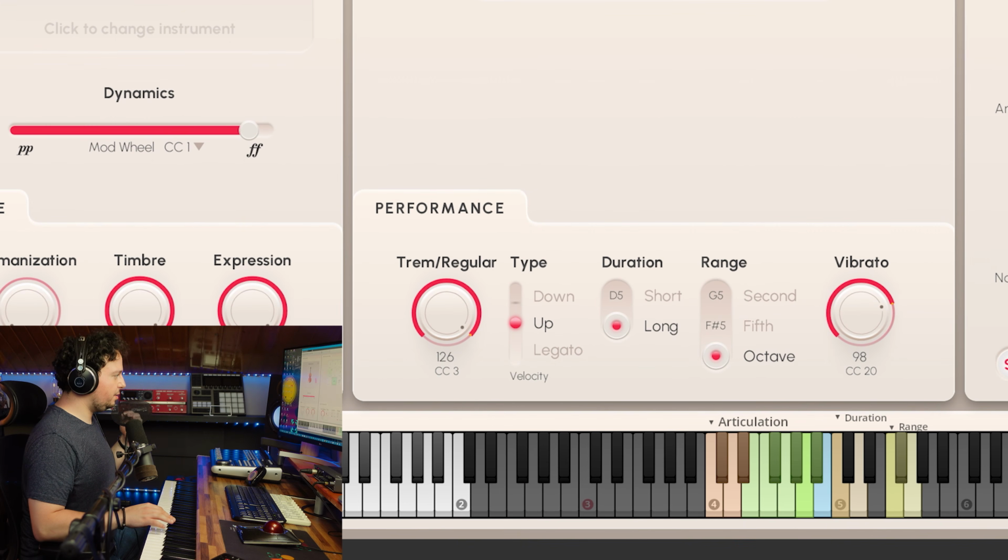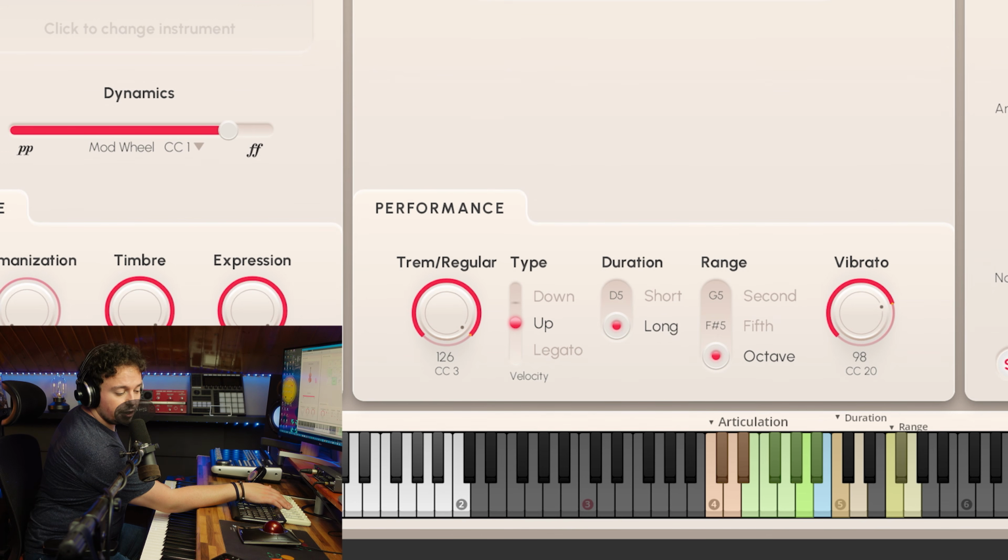The glissando has tremolo and regular crossfade available. You can select the type of glissando you want with the velocity. Low velocity is just a regular legato. Mid velocity is an up glissando. And high velocity is a down glissando.